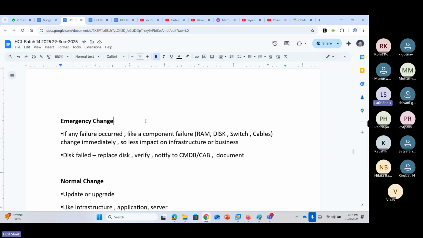Every IT related component is put in one place in an inventory. That is asset management.